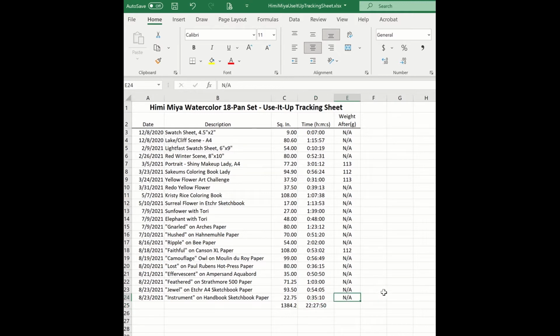And I did not weigh them, and I already started painting on the next paper, so we do not have another weight. But after I finish the last 4 papers, then I will definitely weigh them and see if we are any lighter or not. Because it's kind of interesting how in grams, which is a big measurement, I get that, but we're not going down hardly at all. So it's kind of interesting because 22 hours doesn't seem like a whole lot of painting,